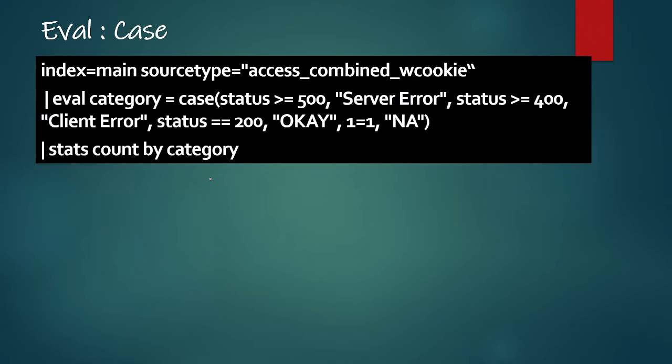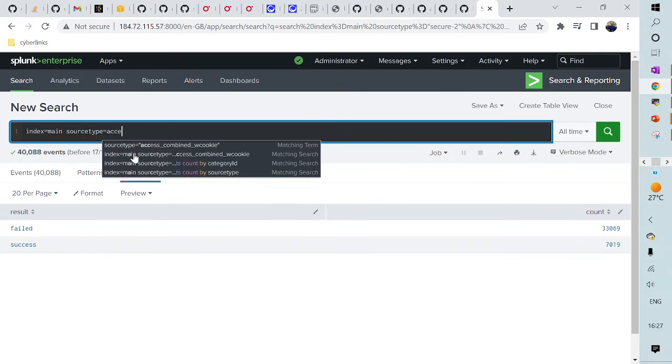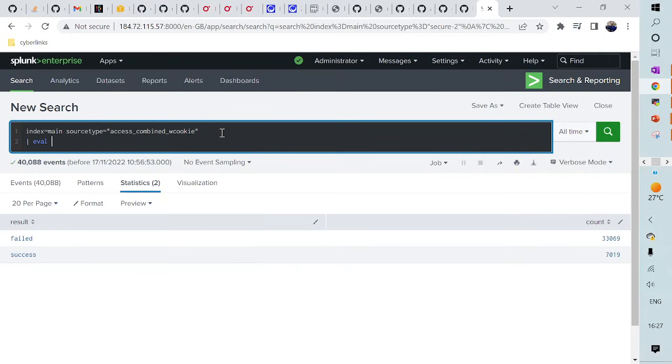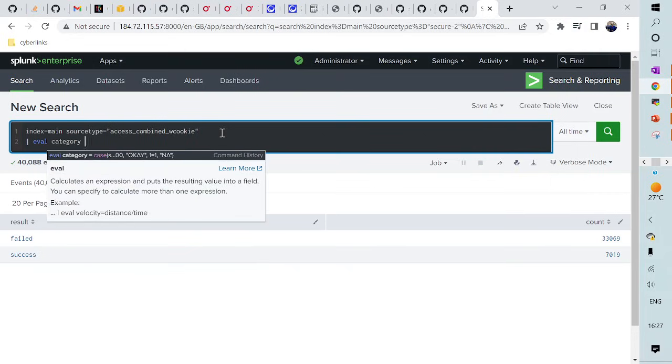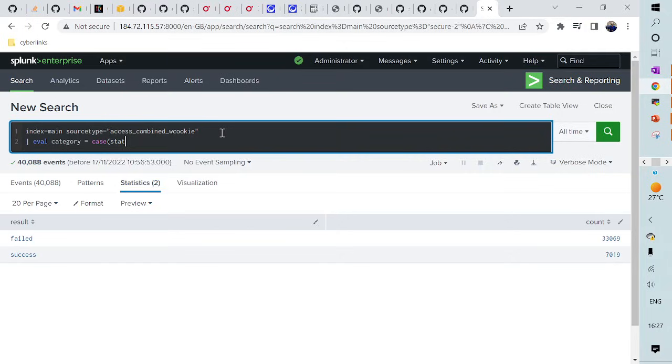Okay, so now I will be demonstrating the third use case with the help of a case, right? It is pretty much the same as the switch case we studied in C or C++ language. So let's try to do it. I will say access combine. Again, I will be making use of a different source type, and I will say eval, I will say category, I will say case, and in the case statement, what I'm going to do here is if I say status,